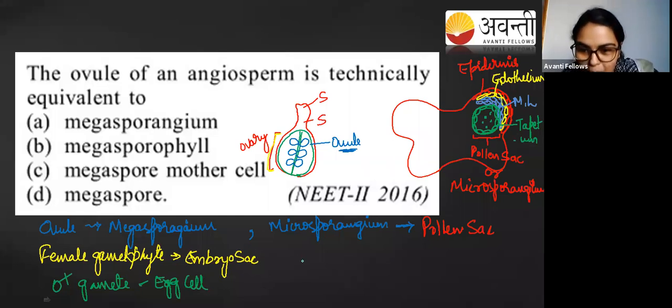Okay, what is microspore mother cell? Tejaswini, microspore mother cell is actually the parental cell from where the pollen grain is originated. Okay, I hope you haven't missed my last classes, or you might be absent. You have to go and see there. So one microspore mother cell will be diploid.